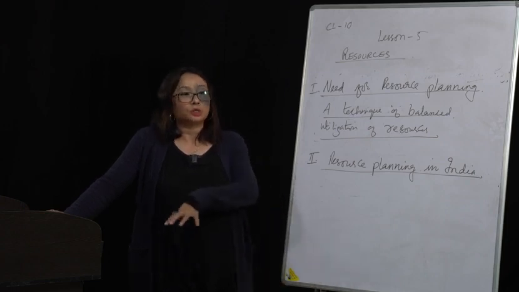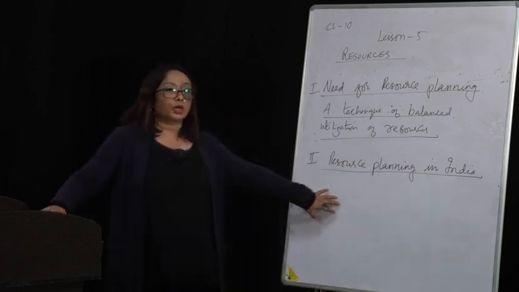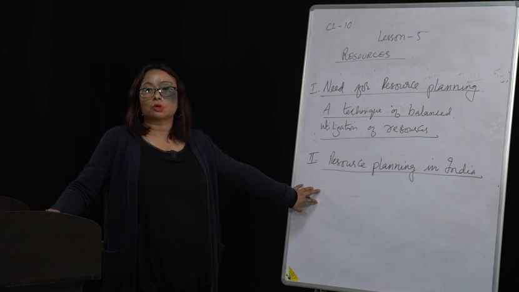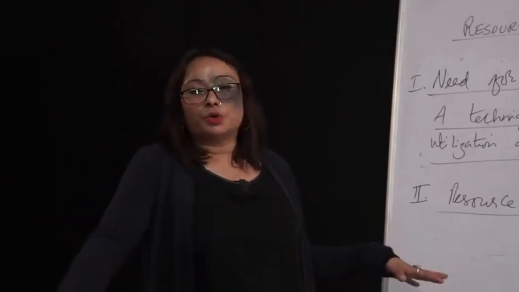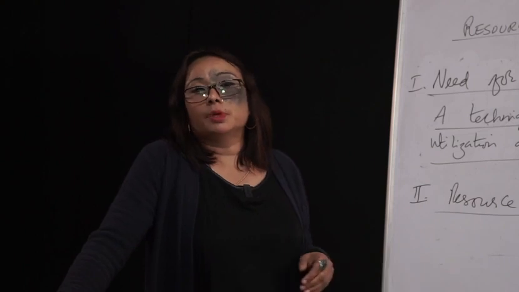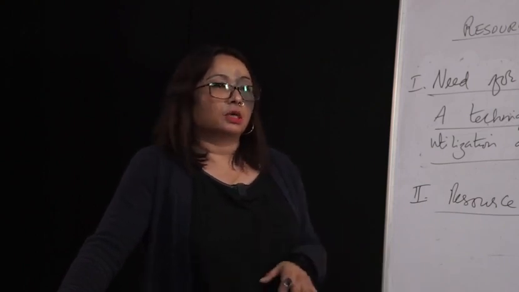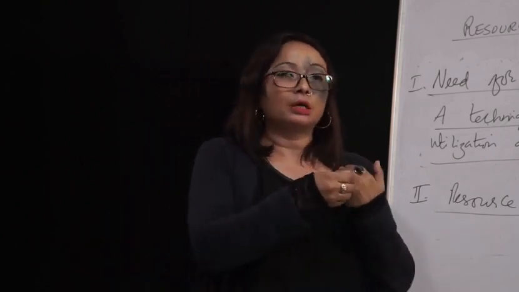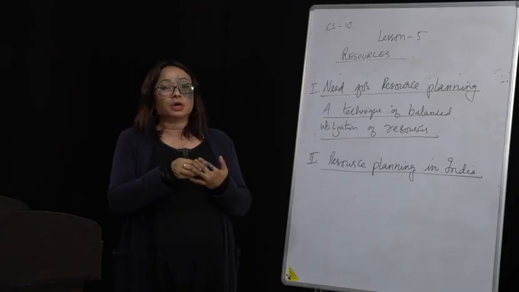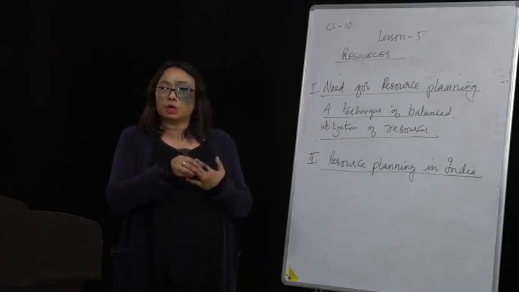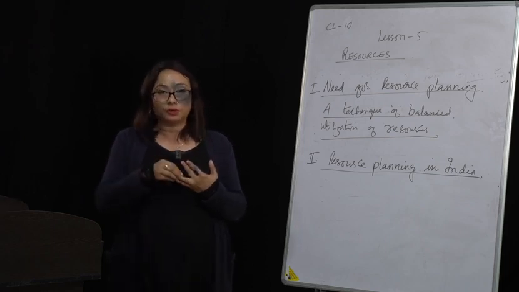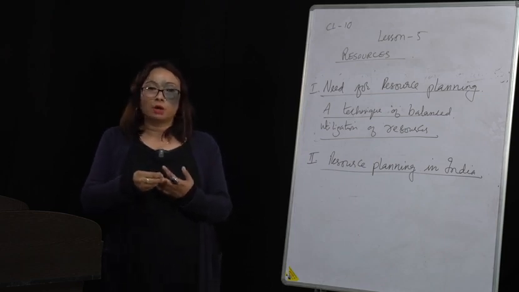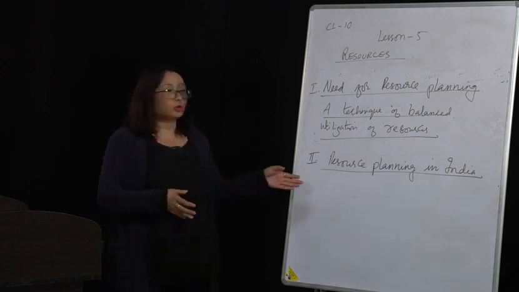So we have three categories, okay. Resource planning in India, three categories. That is, there is diversity in the availability of resources all over India. There are some regions in India which are rich in some resources but deficient in some other resources. That is the first category. Second, there are some regions of India which are completely self-sufficient. They don't depend on other regions. Then there are other regions of India which have acute shortage of many resources, and because of that resource planning